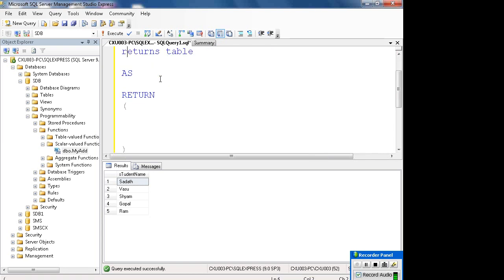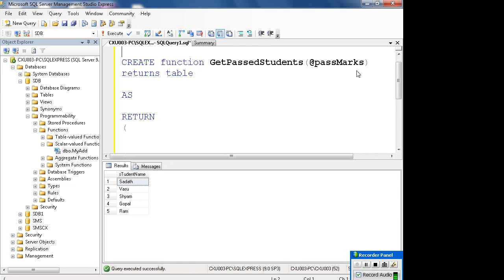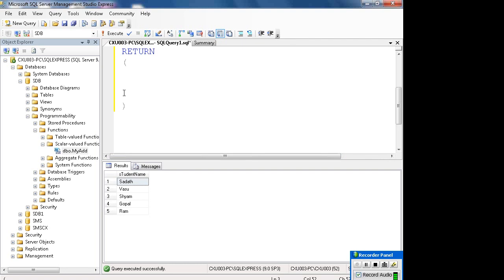You say return. What does this function do? It accepts pass mark as int. Okay, it accepts some pass marks as integer and it returns the table. As, and you are just saying return. Here we will write some select statement. Any statement. We will say select star from student where I can just write a function math plus physics